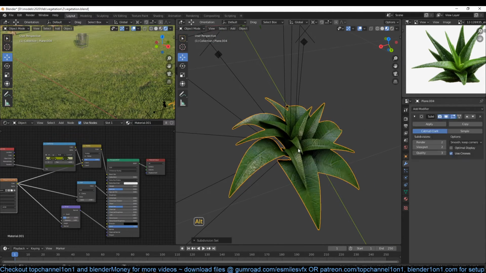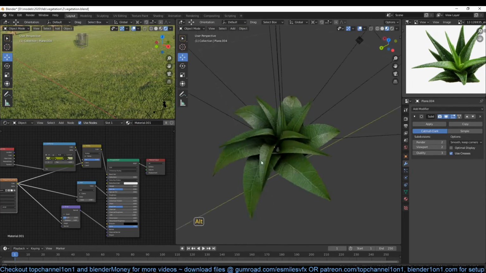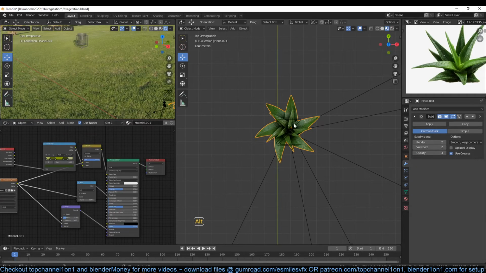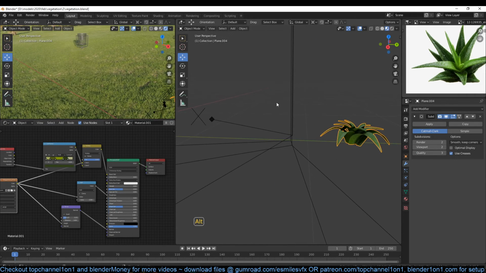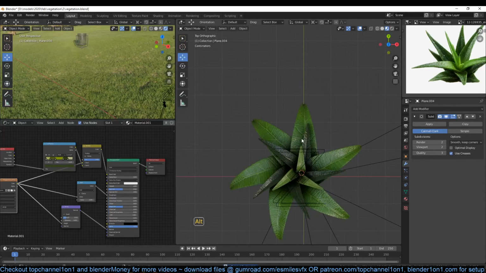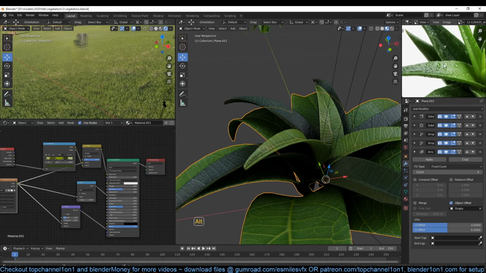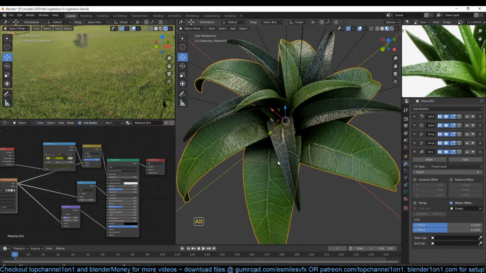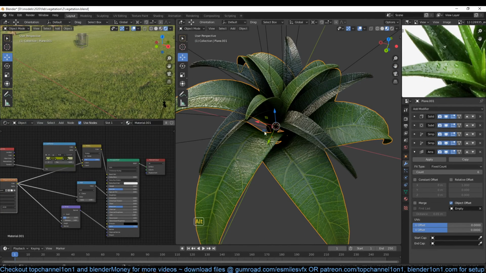Now I can add it as its own single object, and I can save that somewhere else. I don't need these anymore. So let's get back to this, complete it. So the first thing I don't want, you can see this is a bit smoother than what we have here. So these veins are either not there or they are not that visible. So what I'm going to do is first make this its own material. So I'll call this aloe vera. You know what, this tutorial has gone on too long, so we'll come back from here and start